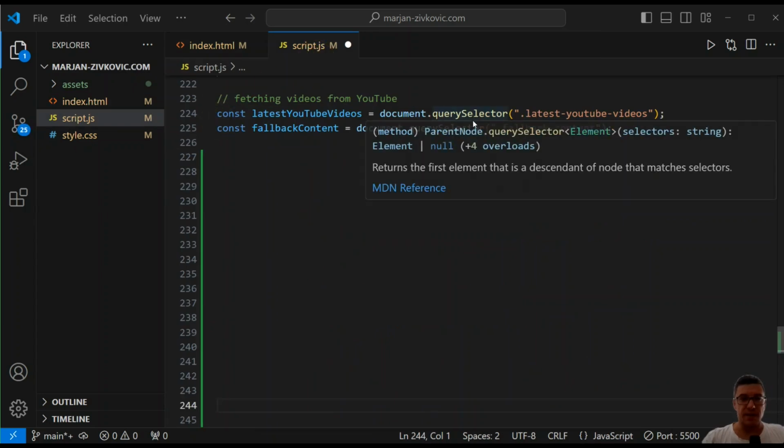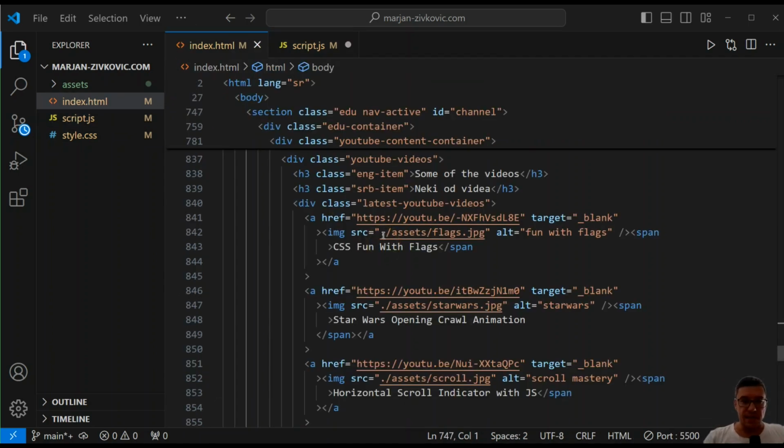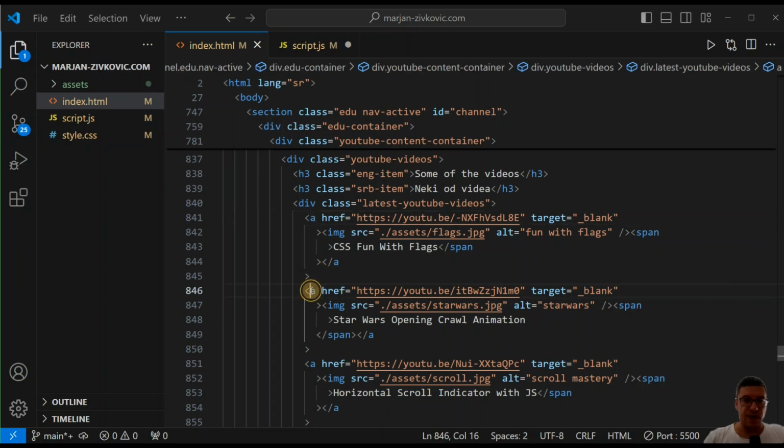script I grabbed this div by its class name. Inside this div I have three anchor tags, three links. Sometimes Prettier is making this even uglier, I mean, have a look at this A tag. Never mind. Inside, each A has two children. One is the image with the thumbnail, and the other is a span with the title of the